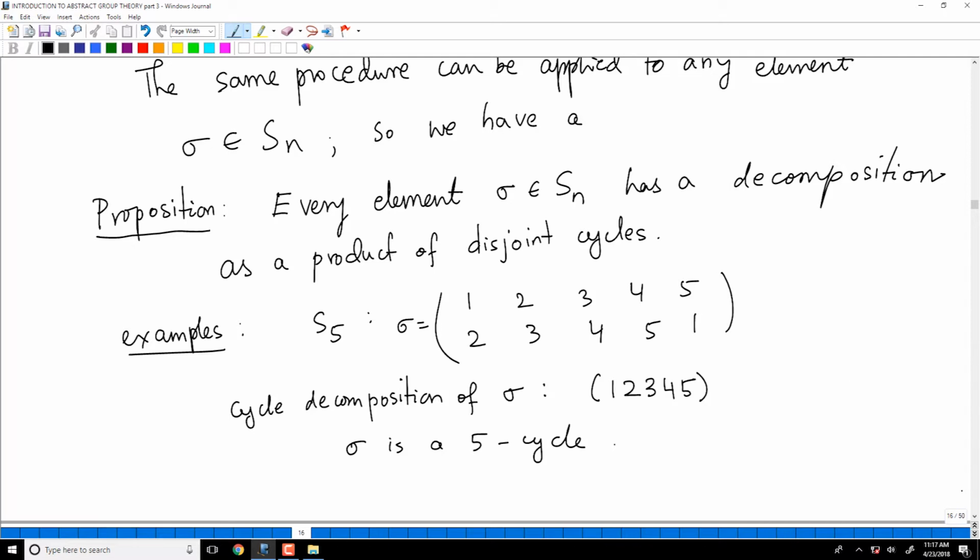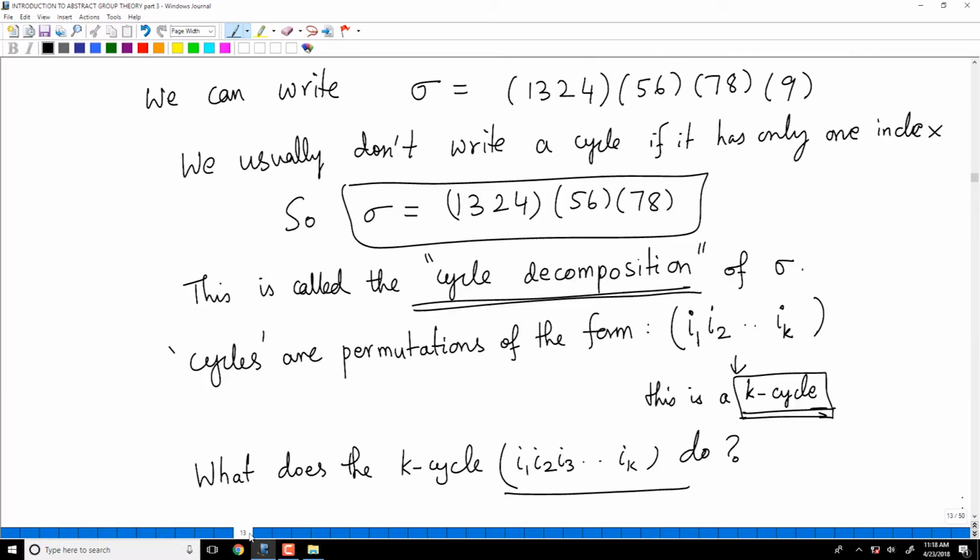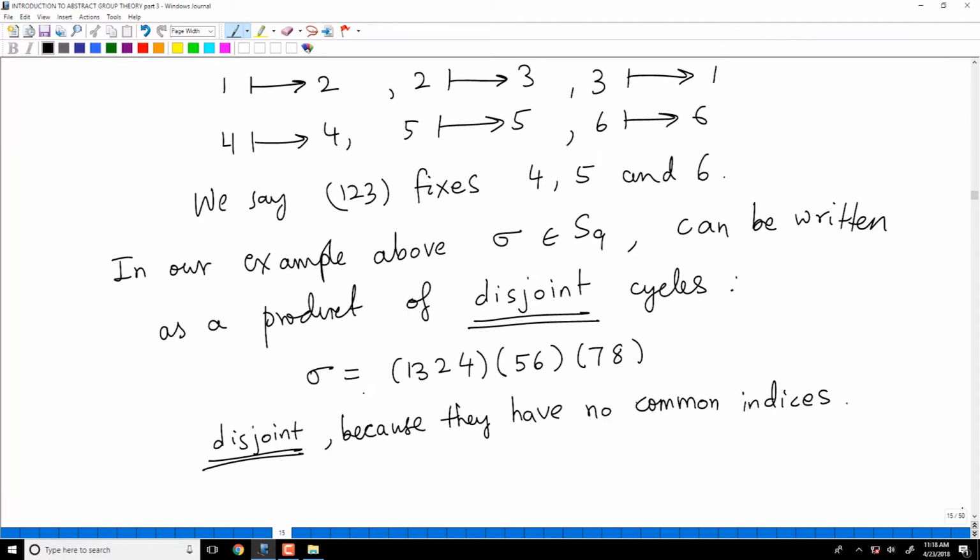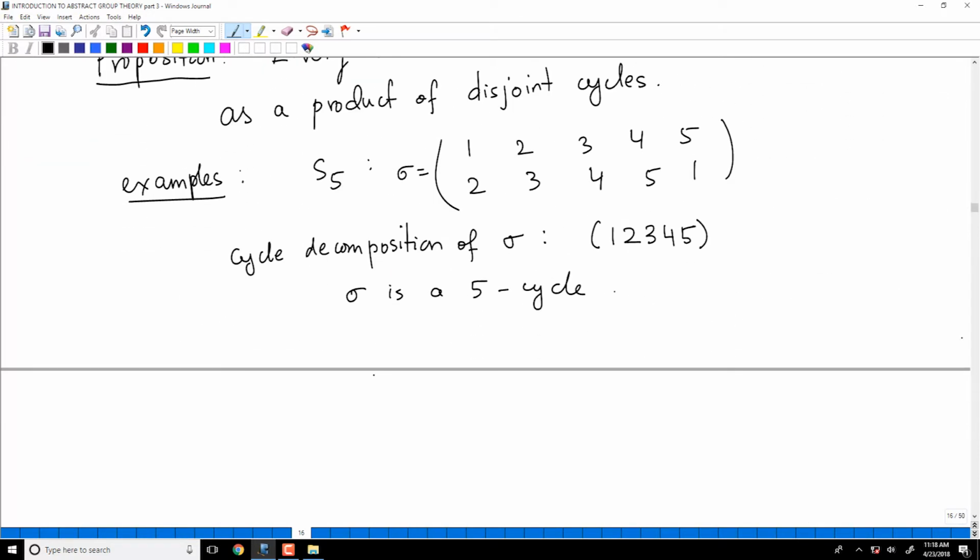In general, you will have a product of several cycles. In this example, sigma was an element of S9. It is a product of 3 disjoint cycles. See, when I say product, I mean I have told you how to apply product of cycles earlier. In this case, you start with 7 and see where it goes. It goes to 8. Because this is disjoint, 8 will not appear again. So 7 goes to 8, 8 goes to 7, 5 goes to 6, 6 goes to 5, 4 goes to 1, 1 goes to 3, 3 goes to 2. And 9 is not represented here because 9 goes to 9 itself. So in this example, sigma is a 5 cycle.